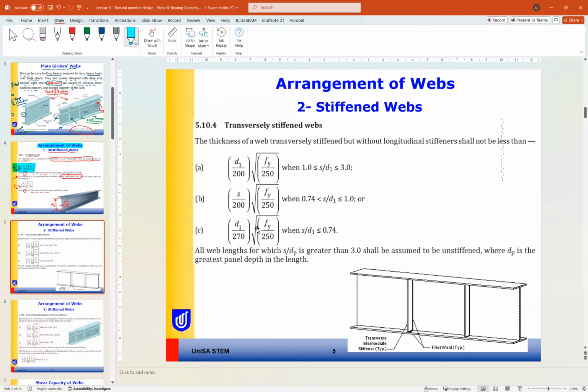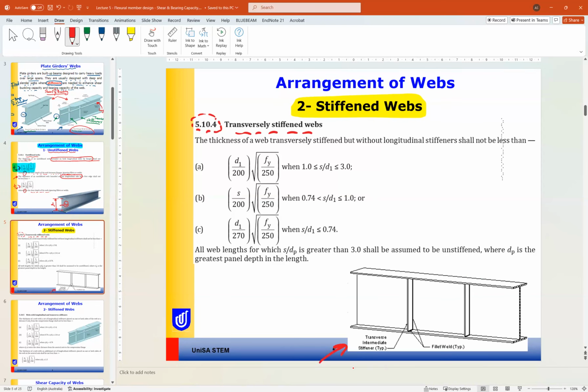For stiffened web, the value is different because stiffened web has support or some enhancement from the stiffener. So we have two types of stiffened web. The first one is transversely stiffened web, similar to here. So we have only the vertical stiffeners. So these stiffeners are transverse stiffeners. In this case,